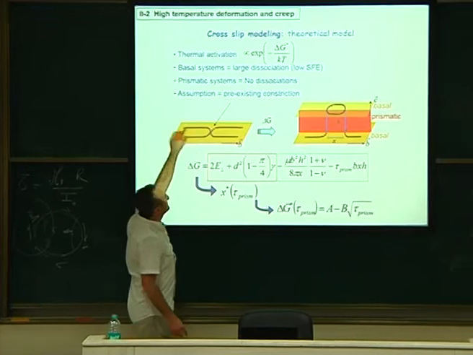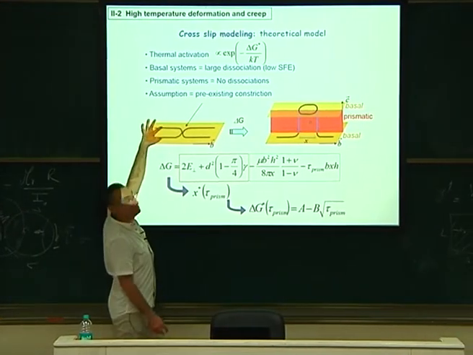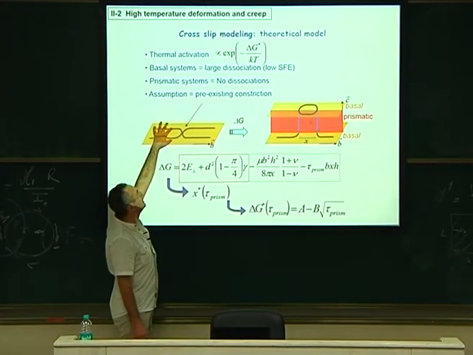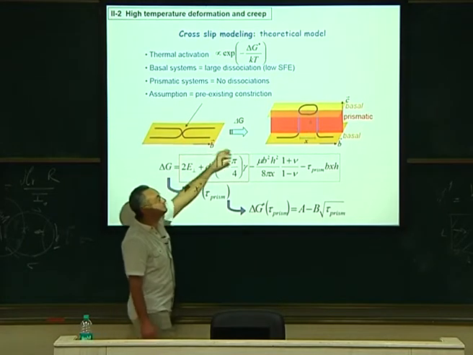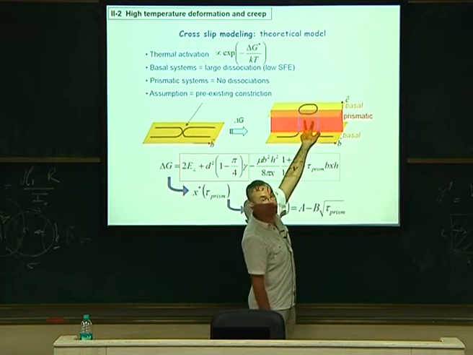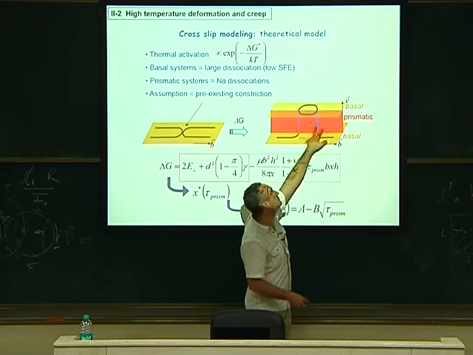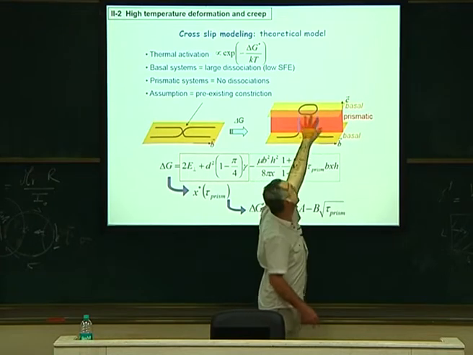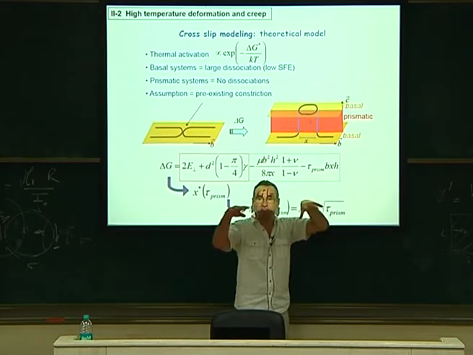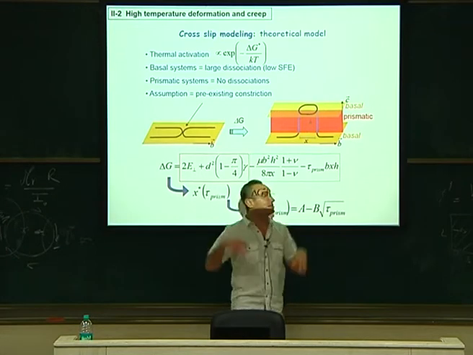So we assume that this is your screw dislocation. They are dissociated into partials, as we know. You need first to constrict your partials, as we did for FCC. And then you need to cross-slip in the prismatic plane. It's a perfect dislocation, so it's just a pure line. And then it needs to dissociate again in the basal plane a little bit further, like that. So it's moving a big step above and expanding.